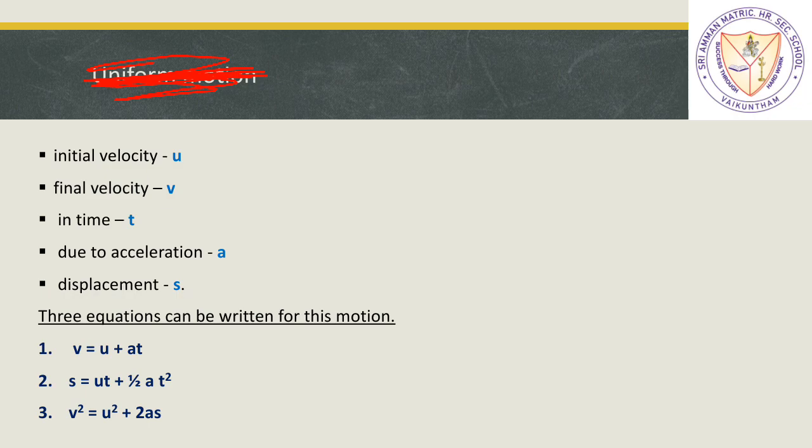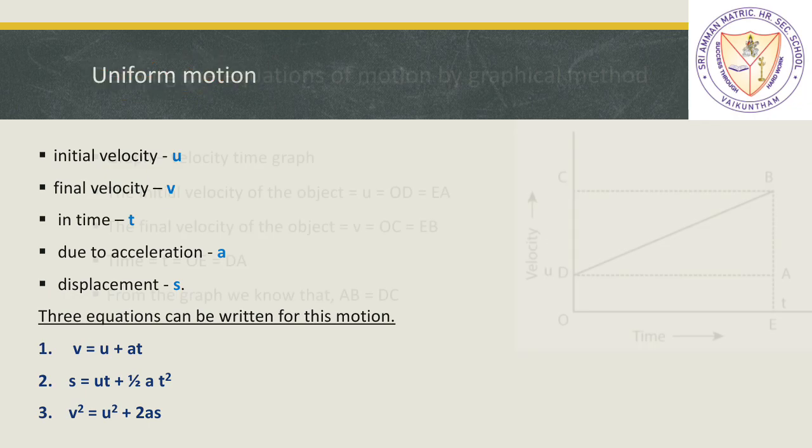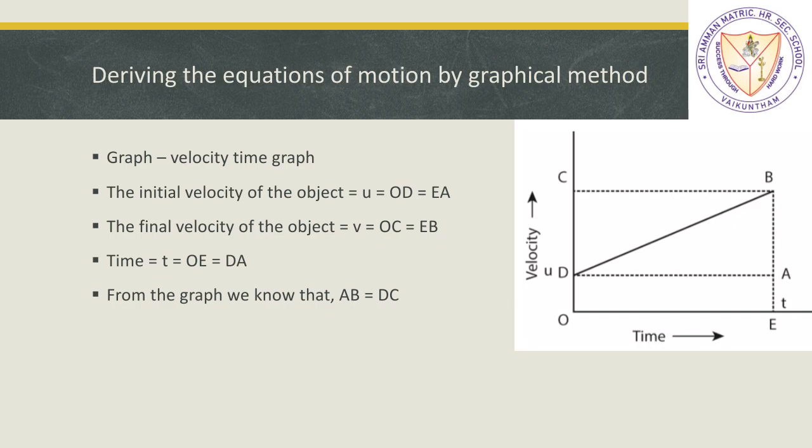So we have learnt about the graphs, that is the velocity time graph and the distance time graph. But in the case of the distance time graph we cannot talk about acceleration, whereas in the velocity time graph we can, to some extent, talk about acceleration if it is constant. So we will take the help of the velocity time graph to derive, not to prove, but to obtain these equations.